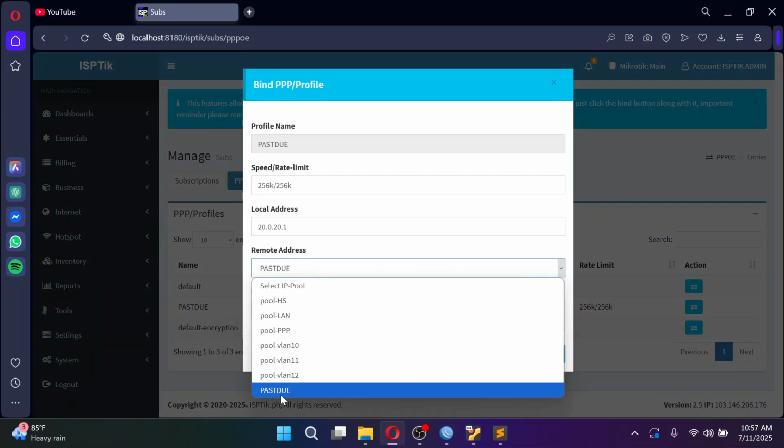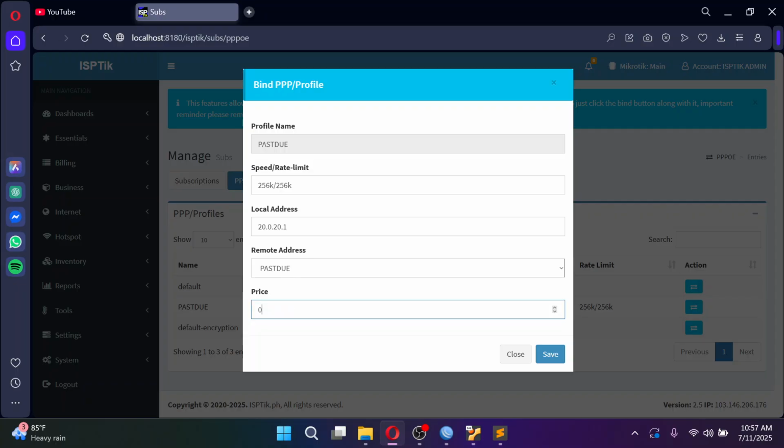So past due, and then the price is set to 0, and then the speed is 256K. It's actually a connection, but still a connection for internet, but it's unbearable, so much too slow. Okay, so past due set to 0.